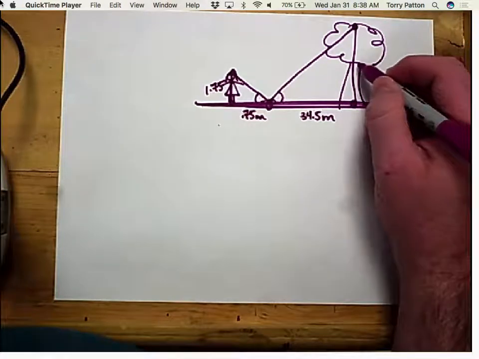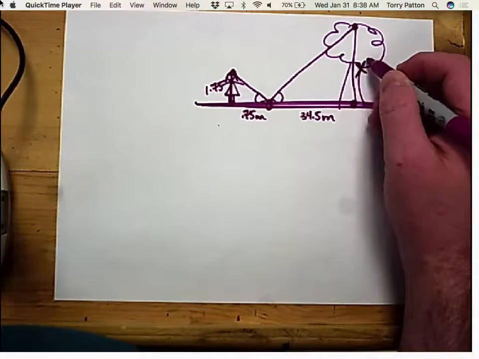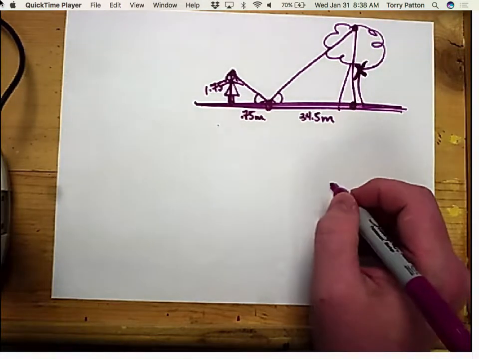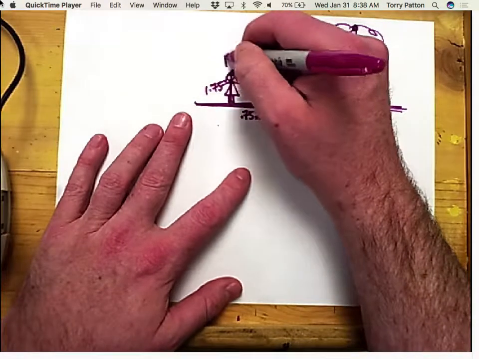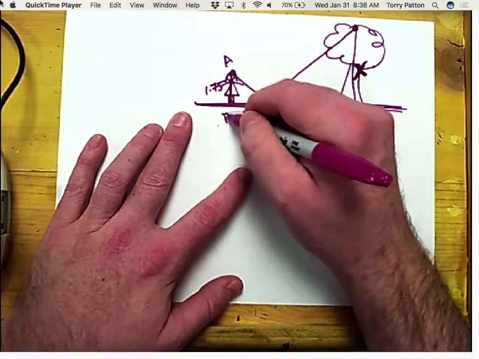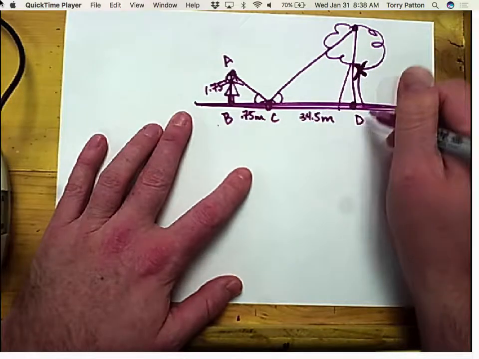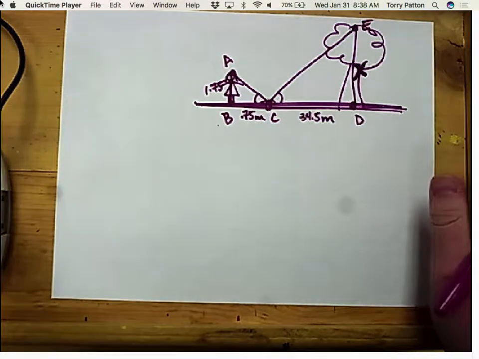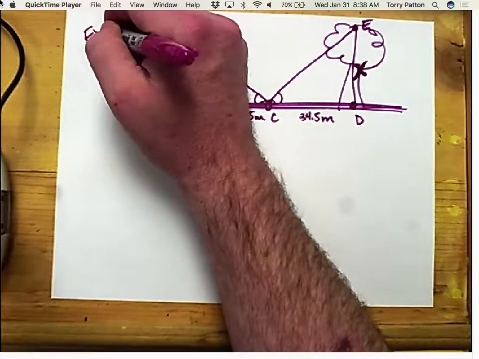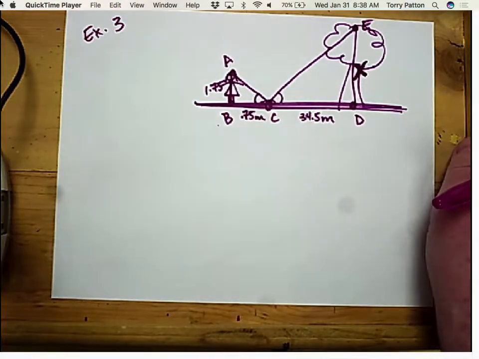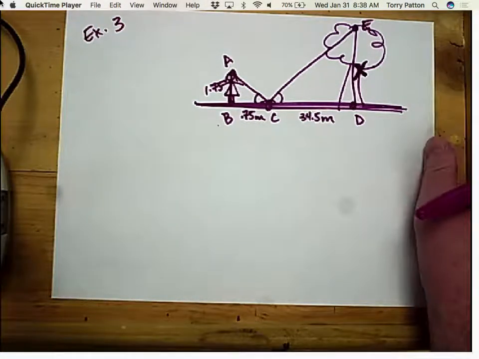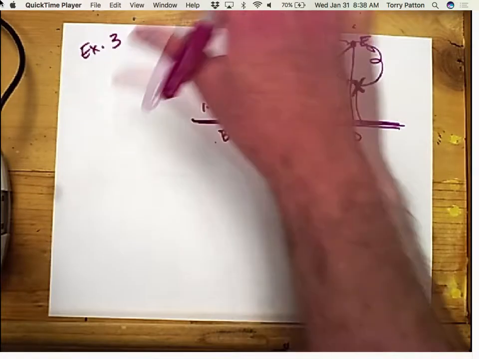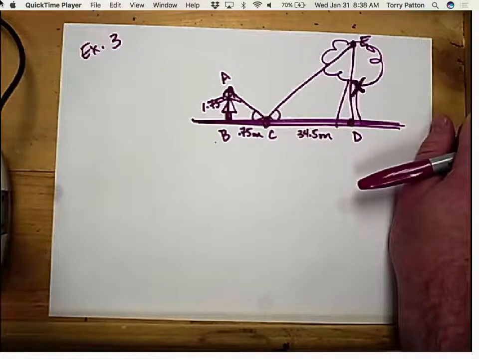How tall is the tree? Okay? So I'm going to call this A, B, C, D, E. Selena, this is page 356 in your book, if you're watching. Okay? All right. So,